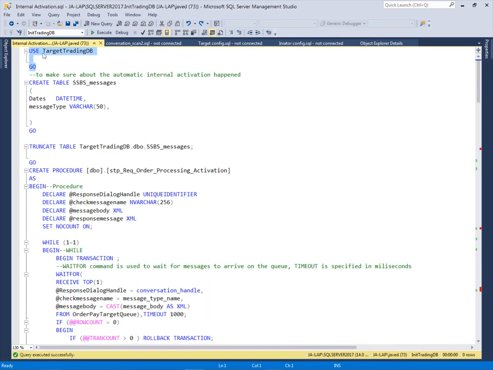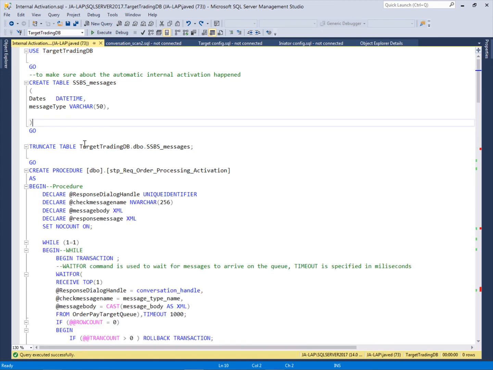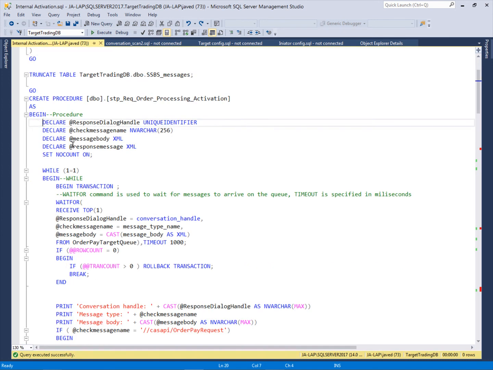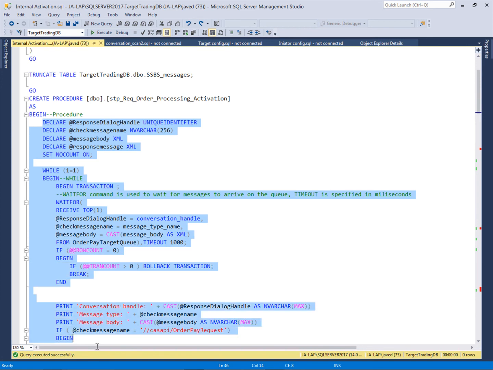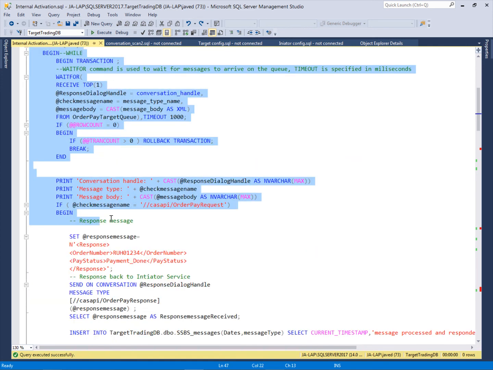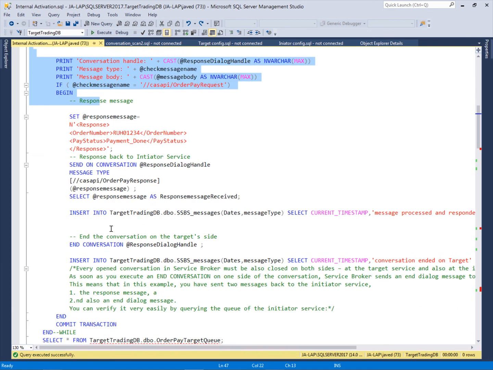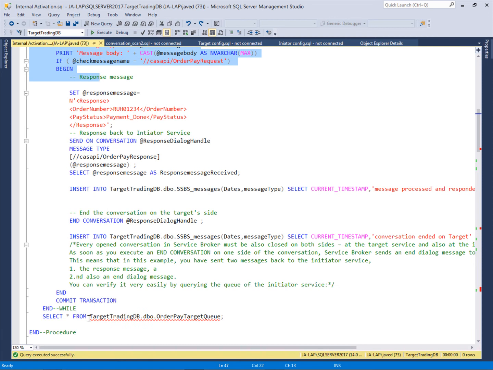I will use my target database, and then I will create the stored procedure. The logic is the same which I used in the last two videos. I just have to copy that logic to retrieve the message from the target queue, process it, and respond to the initiator service. That logic I will use in the stored procedure.